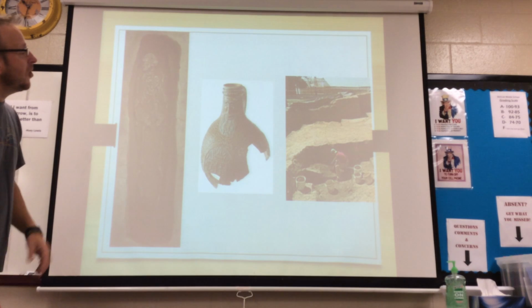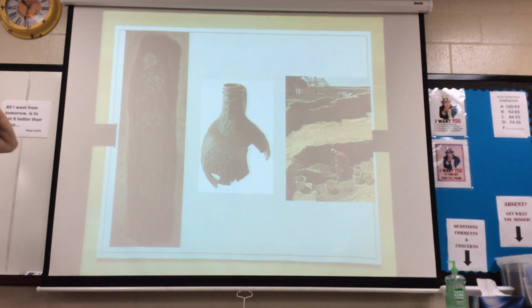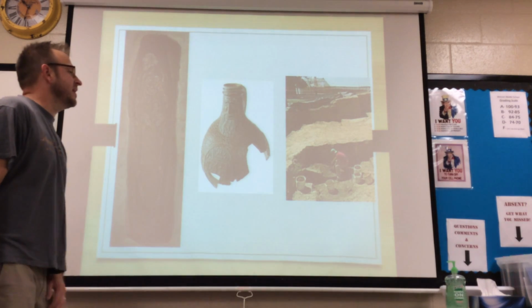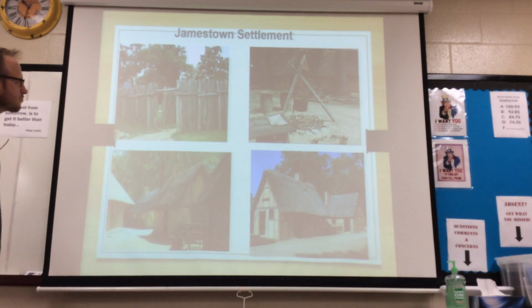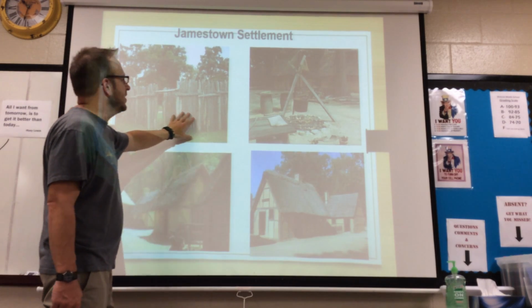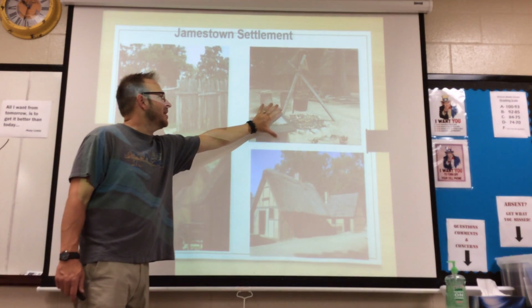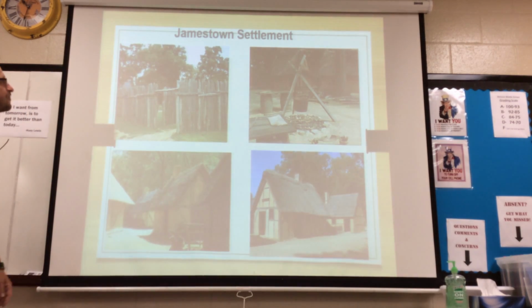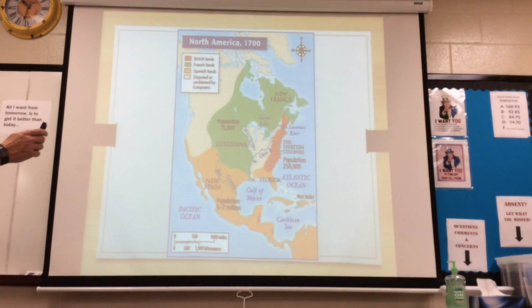This is some archaeological digging that they've done in the area. You can see they found a grave, some pottery, just a picture of one digging right now, seeing what they can find. This right here is kind of a reenactment, so to say, kind of a model of what Jamestown would have been. You can see the fortifications around it. You can see kind of the common area and the houses in which they might have lived. We'll do this one later.